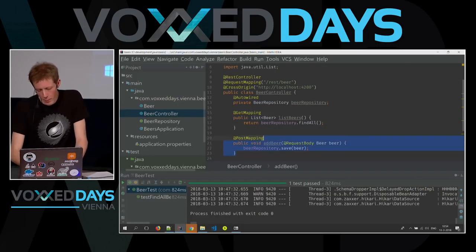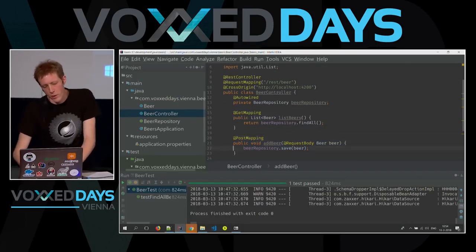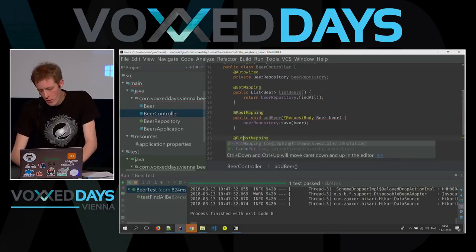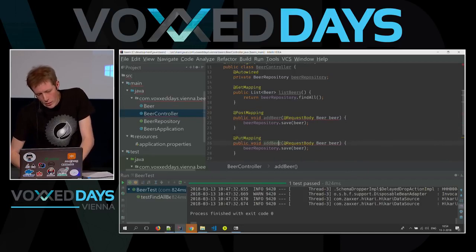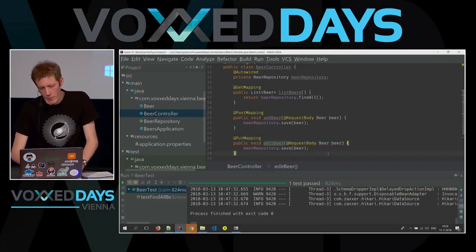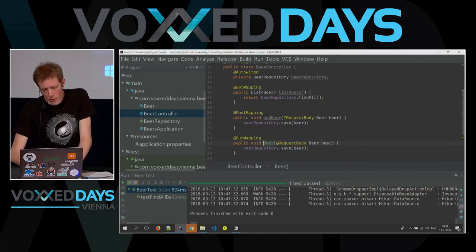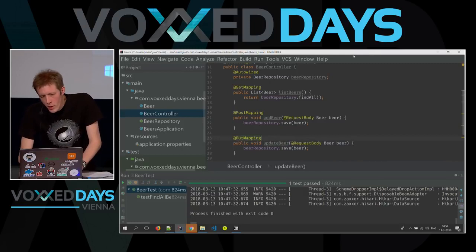And actually, the edit beer method isn't so different because it also just needs to save it. So we need to tie this, in this case, to the put method. Let's call it edit beer. And actually, the implementation can be quite the same. I'll call it update beer anyway. There we go.